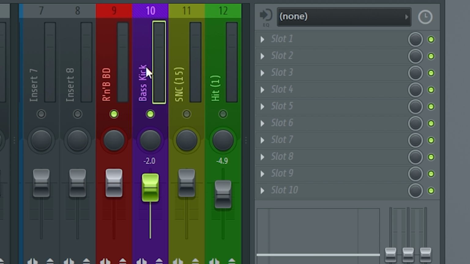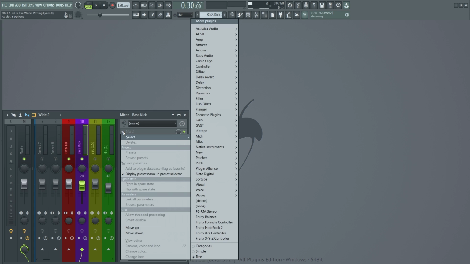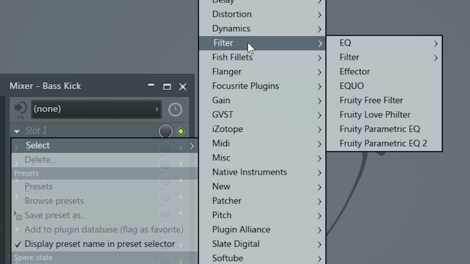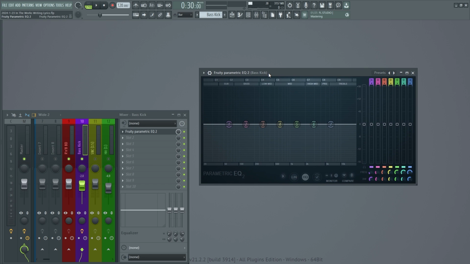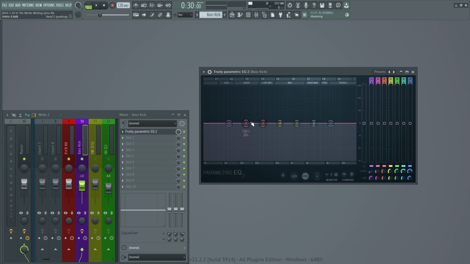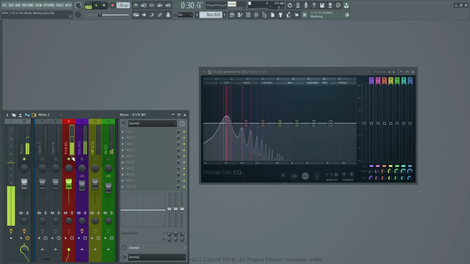We want to target this bass sound to drop in the EQ, at least in my example. So we're going to go to Filter and go to Fruity Parametric EQ 2 here. Next, we want a sound that is going to affect this sound to make it be like, oh, let's drop down, let's drop down. In this case, I'm going to use this kick right here.